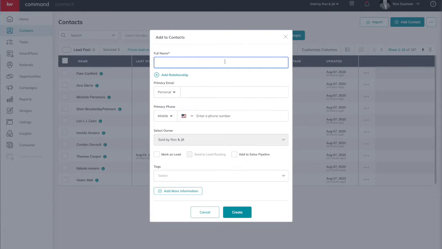So I'm just going to go ahead and enter a fictitious name. Let's call this person Joe Snuffy. And for his email address, let's just put down jsnuffy@gmail.com. Now, if he has a specific cell phone number, you'll put in their cell phone number. And of course, the owner of it will be your team, or if you're an individual agent, it'll be yours